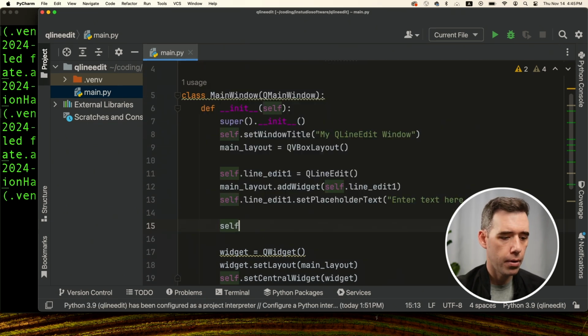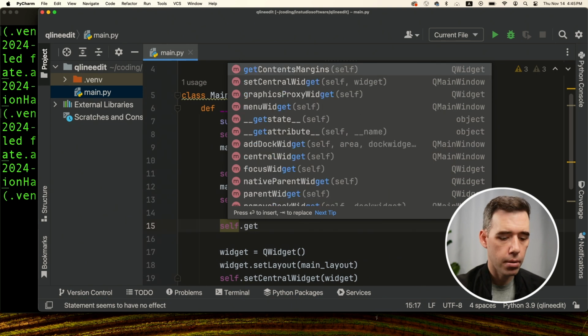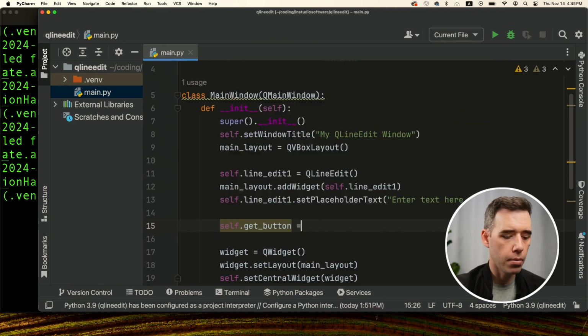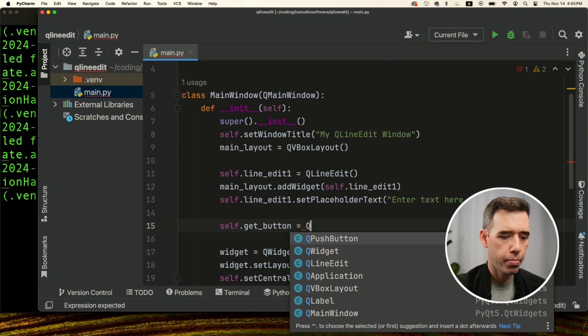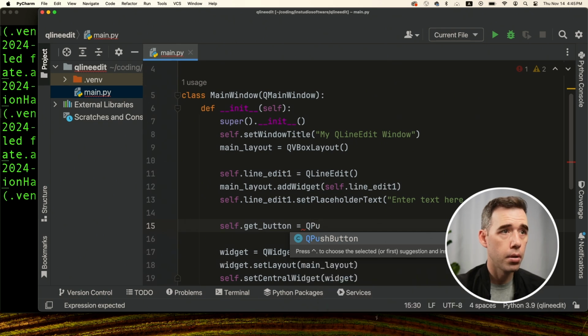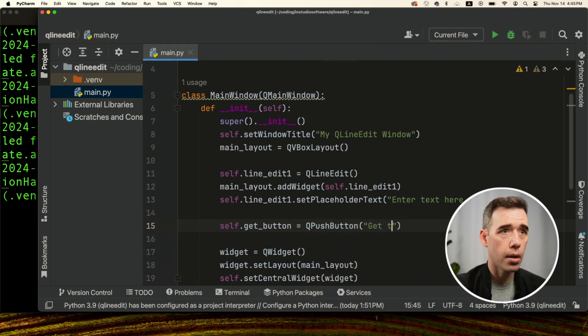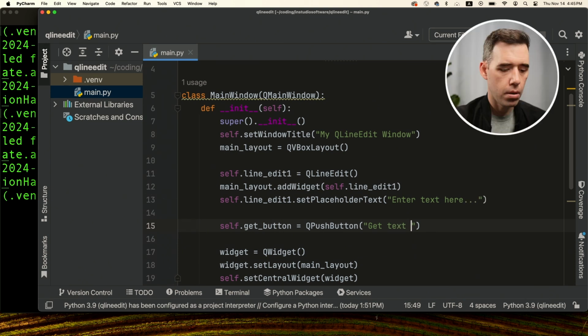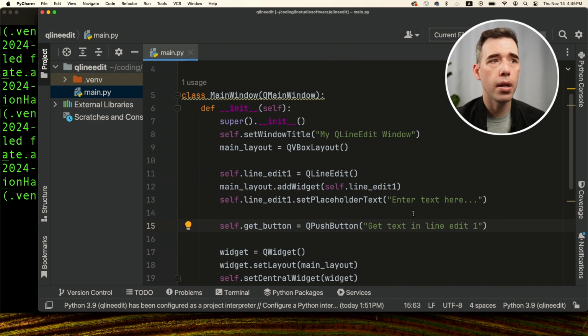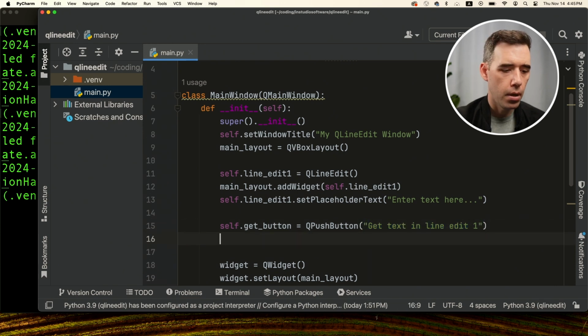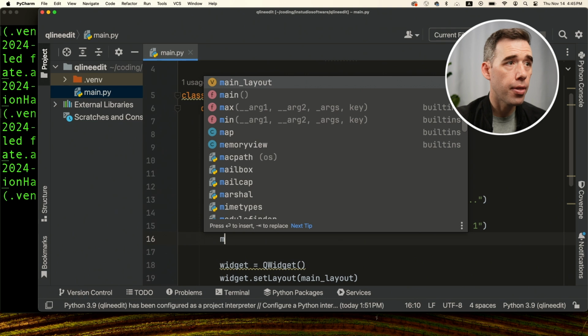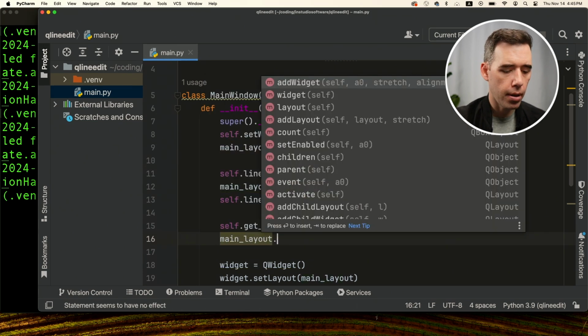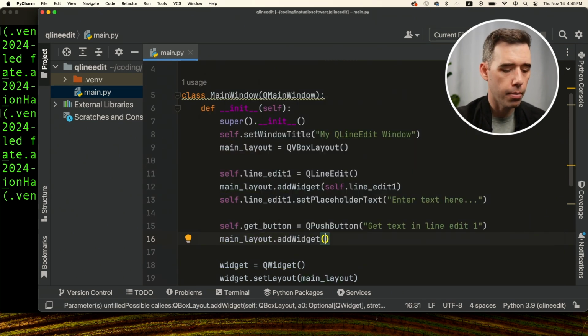So self.getButton is equal to QPushButton, get text in line edit 1. So all we're doing is creating a QPushButton and setting the text of the button to say get text in line edit 1. And then we can add that to the main layout so it shows up. mainLayout.addWidget. It's just like previously,